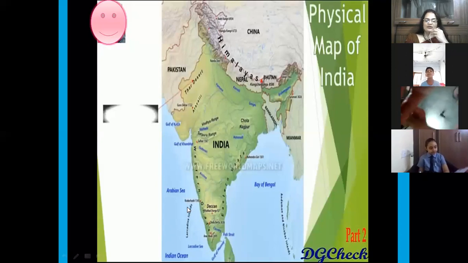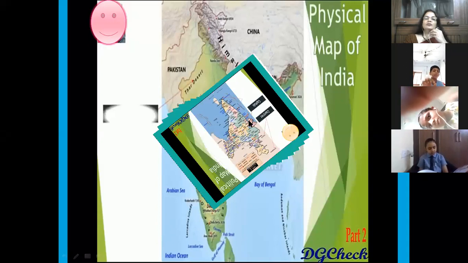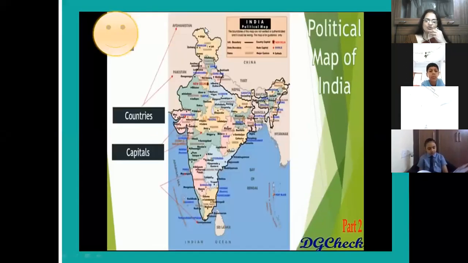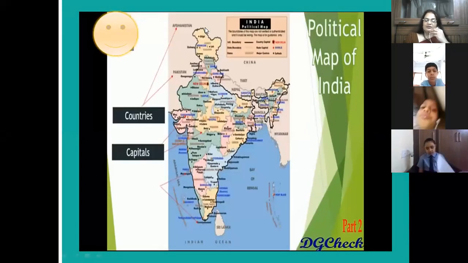Now we move towards the political map of India. A political map shows us the boundaries within the country, the states, major cities, and capitals, students. So we are going to study now how many states and how many union territories we have in India.